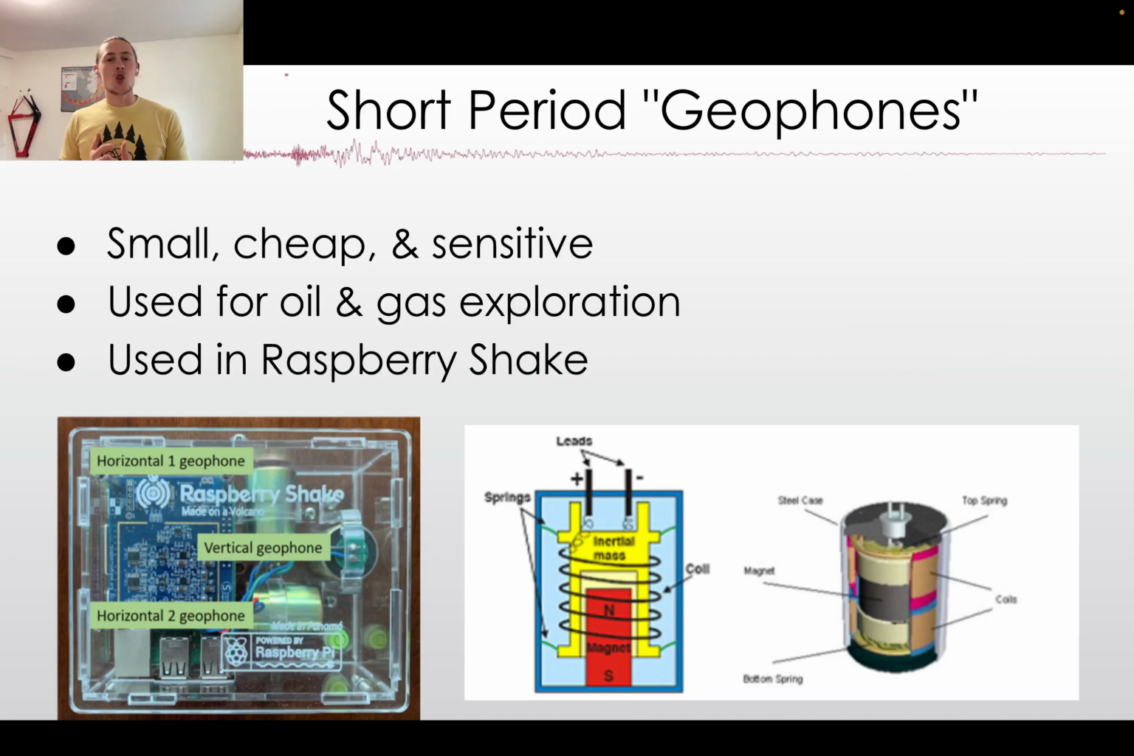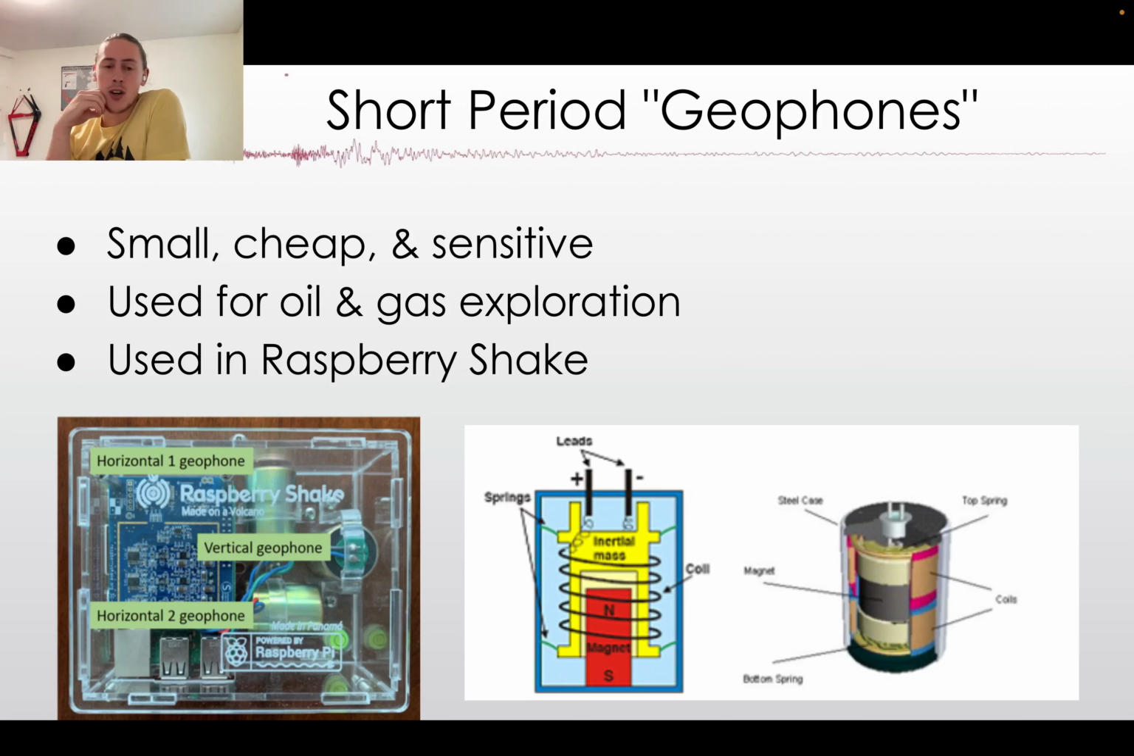All right, so short period geophones. These are like miniature broadband sensors a little bit. They just have one direction. So you can see these are what are in our Raspberry Shake. They're small, cheap, and sensitive, and they were actually developed and are often used for oil and gas exploration, because